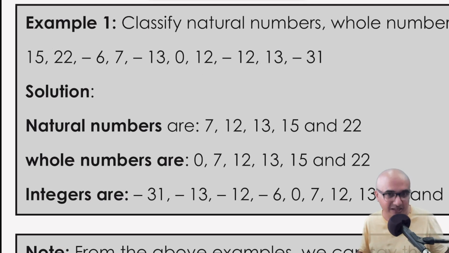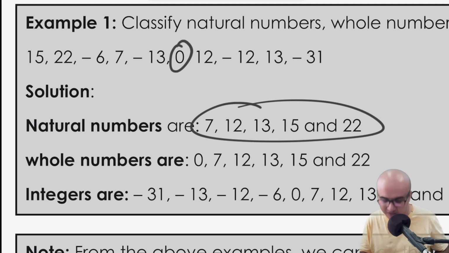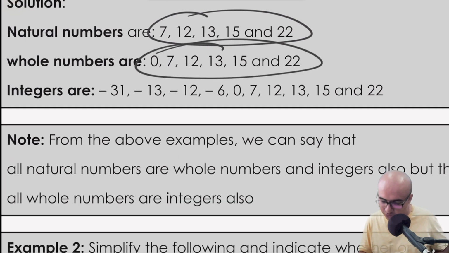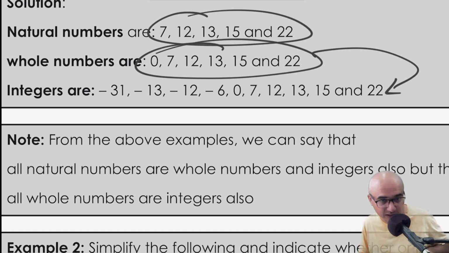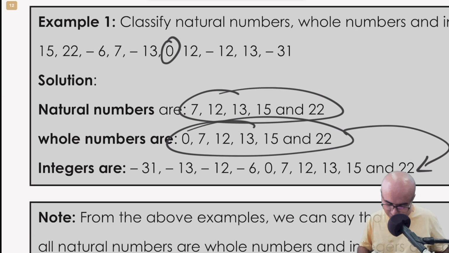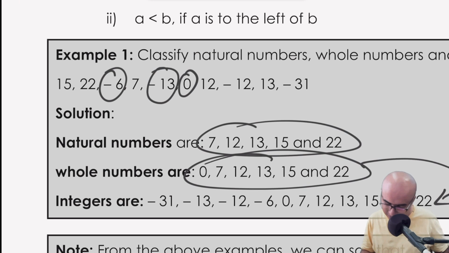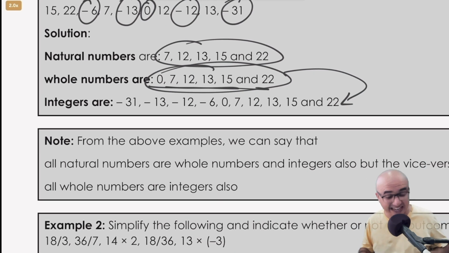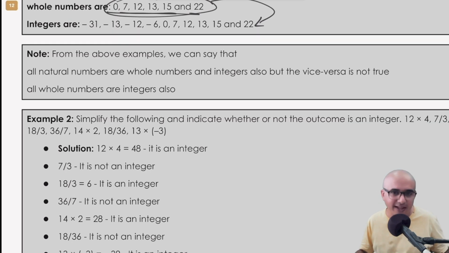So that is with respect to the natural numbers. Now whole numbers are much easier because we have already defined the natural numbers, which are these. To that, add just this 0 and you will be done with the whole numbers. And when it comes to integers, whatever is included in whole numbers will be included in integers as well. On top of that, we will also include the negative numbers, which would be minus 6, minus 13, minus 12, minus 31. These would be added to the set of whole numbers already defined here, and then we will get the integers.